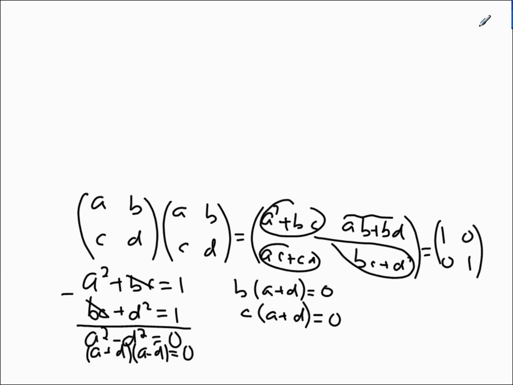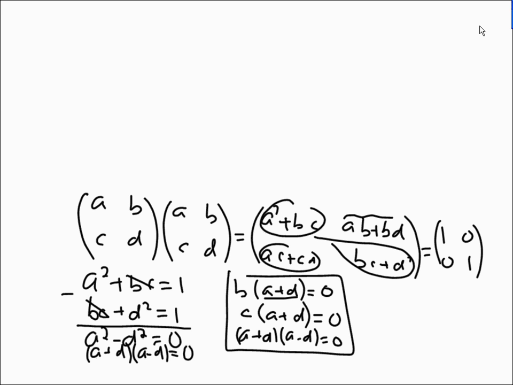Okay, so let's write that down here. A plus D times A minus D is 0. I need these three to be valid at the same time. You know what? They all have the same factor, A plus D. So as long as we let A plus D equal 0, that is, A is negative D,